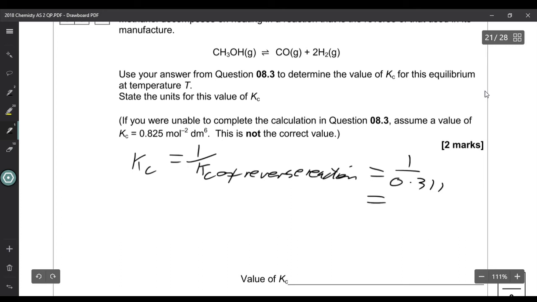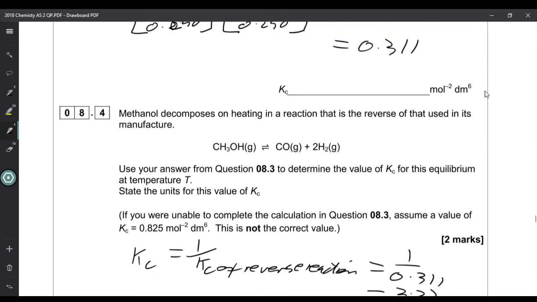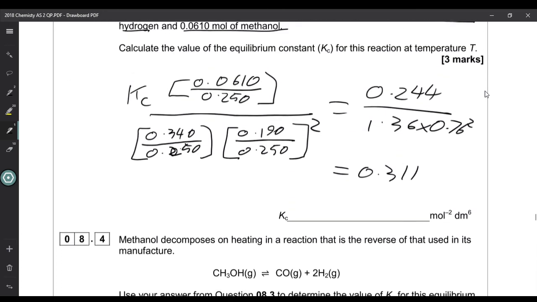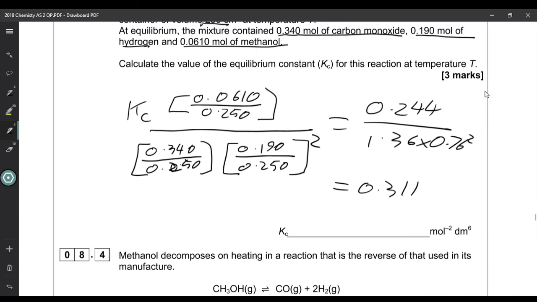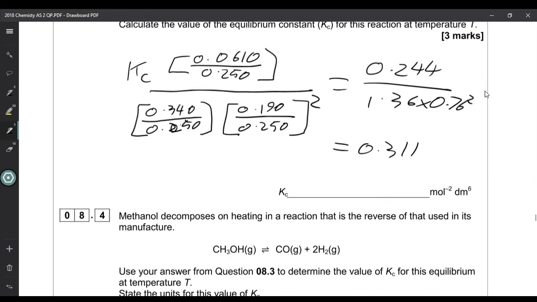So that's going to be 3.22. So to work out the units, what we've got now is basically 3 lots of concentration on top and 1 underneath. So we've got